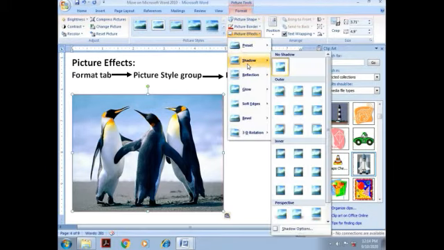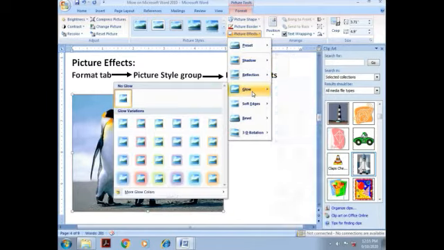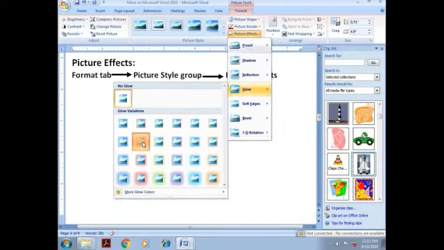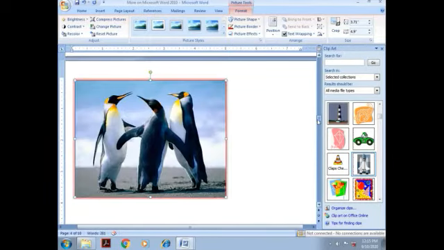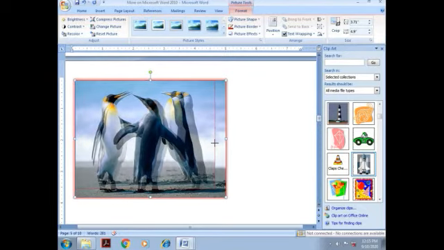It may be shadow, it may be glow, it may be soft edges, it may be bevel, it may be 3D rotation. Any type of effects we can give. We can also give 3D effects.